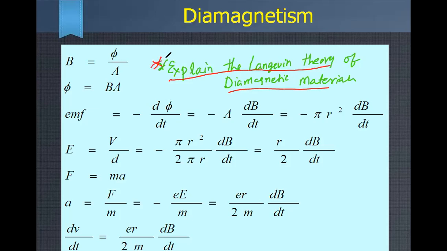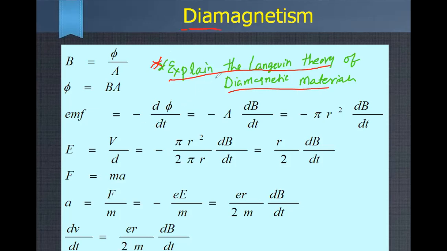Sometimes they're going to ask, explain the types of magnetic material. Then also describe about the Langevin theory. So first, differences, explaining para, dia, ferro, then you'll ask Langevin theory of diamagnetism. You can also ask Langevin theory of paramagnetism material. Long answer. For this, so now we are in the diamagnetic material.